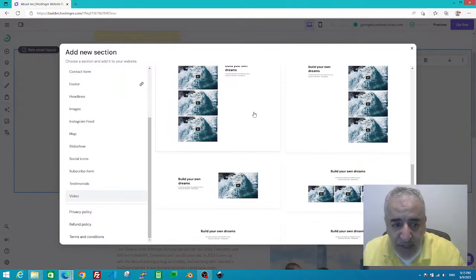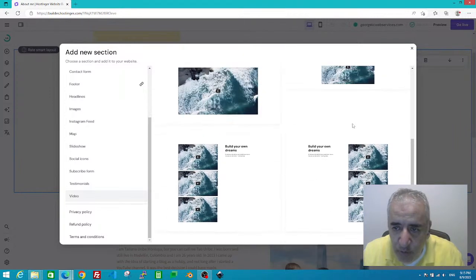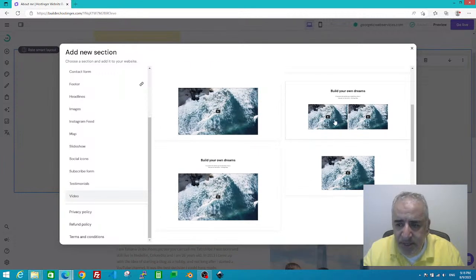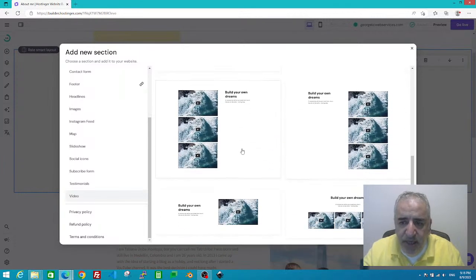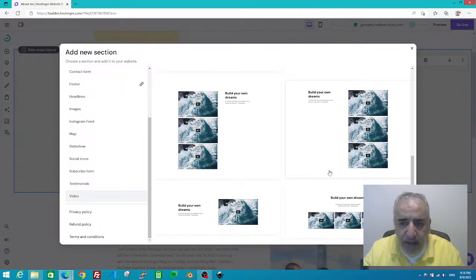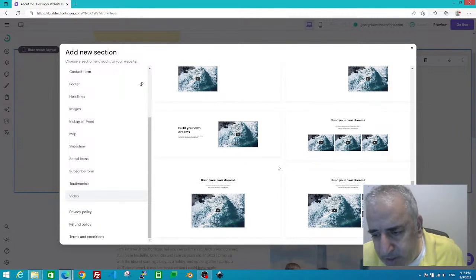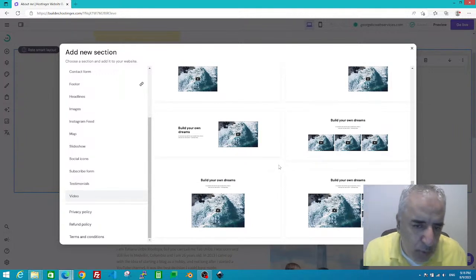But this is different now. You're able to add any of those sections, and this one is one. So basically they're giving you a lot of choices, the way you organize elements. This is one video, and this is two videos here. This is three in a vertical direction. This one is horizontal. So basically, they give you a lot of choices to add more than one video if